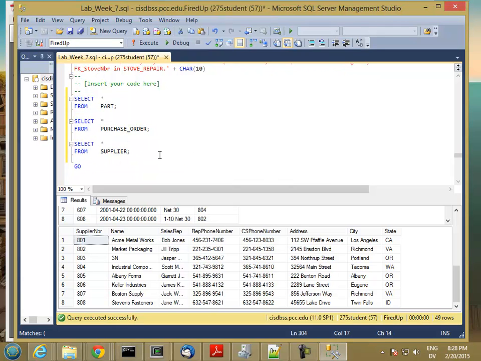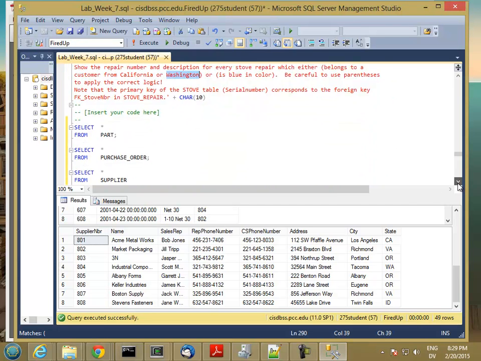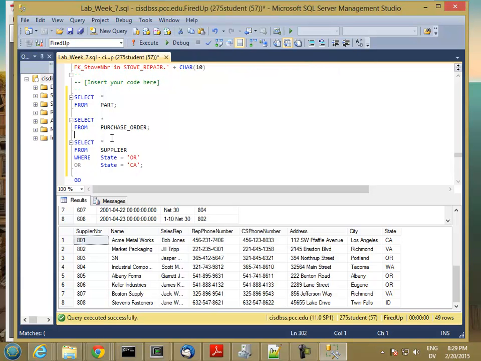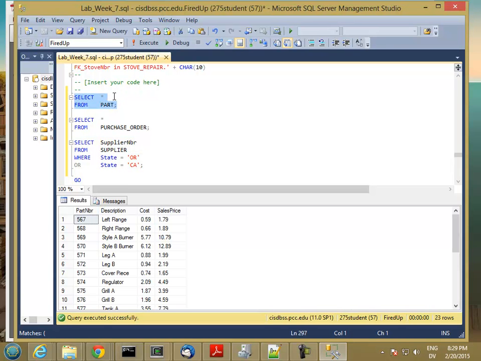So here are the suppliers from California or Oregon. And notice in the query, by the way, be sure it says Washington, WA, not Oregon, so CA and WA. So here are all the suppliers, and I'm going to return the supplier number. So these are the supplier numbers from suppliers in California or Oregon. And then here are the parts